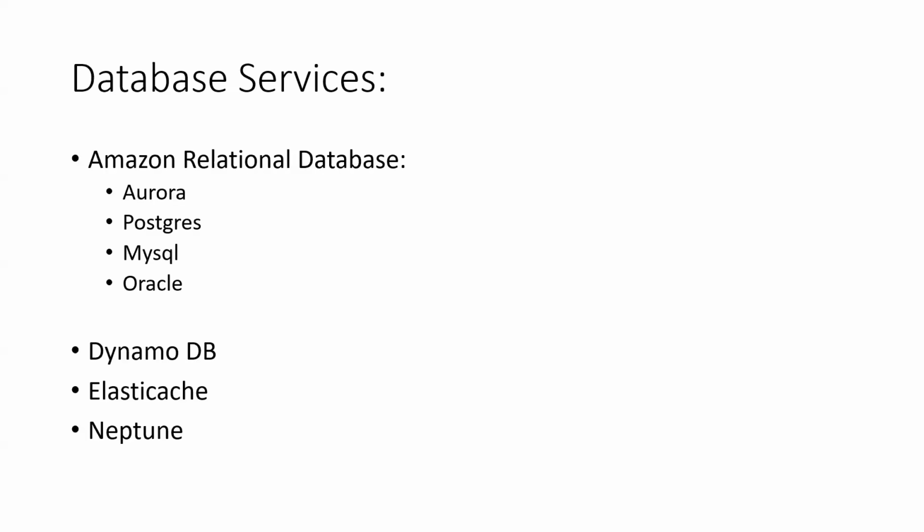Database services. The databases that we are using in our local, just like MySQL, the ready-made databases are available over here in Amazon. Aurora, Postgres, Oracle, all those database services are available there. NoSQL databases are also available. DynamoDB, Neptune, ElastiCache. Those are not SQL. Some of them are maintaining graph theories, Neptune, just like this. DynamoDB is NoSQL. It's running on the NoSQL part only.